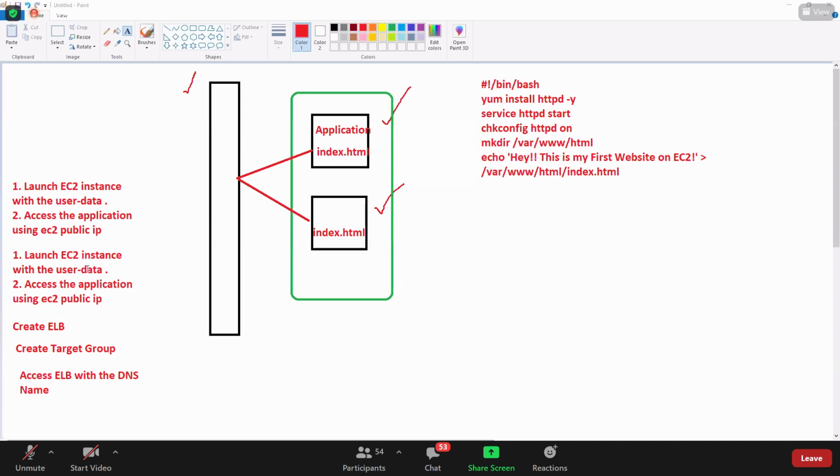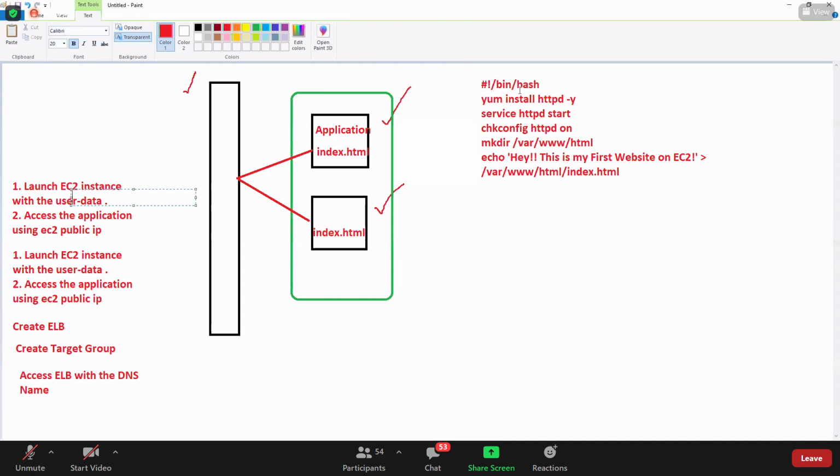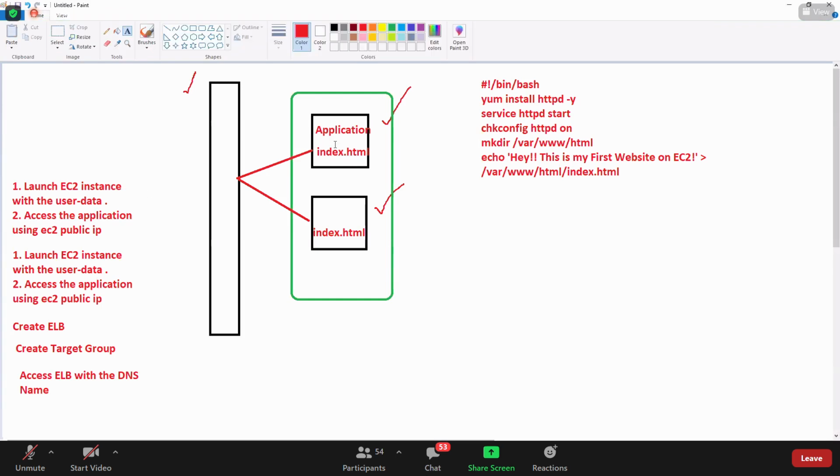So now, guys, what we're going to do is first launch an EC2 instance using user data. User data meaning this script here. And once this user data, this script, is executed, our index.html will be ready on this. So we'll try to access the index.html using this EC2 instance's public IP.